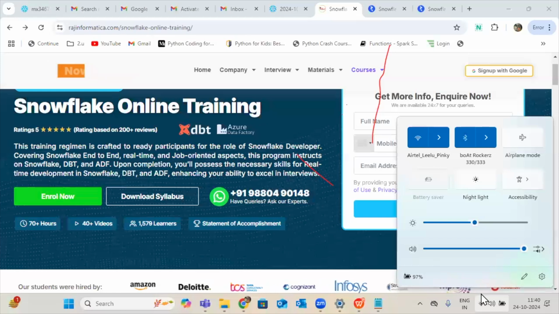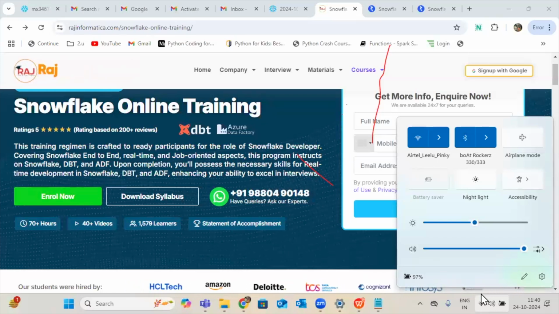Will the course cover everything needed for SnowPro certification or DBT Fundamentals certification? DBT Fundamentals, almost it will cover. Snowflake